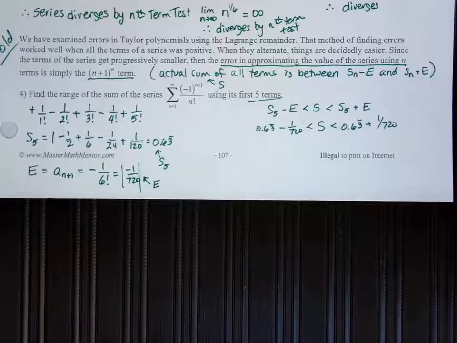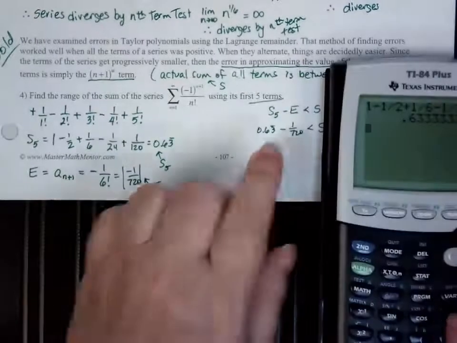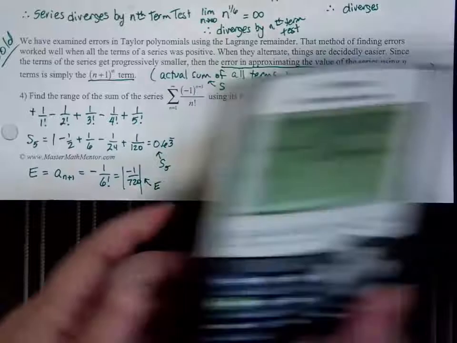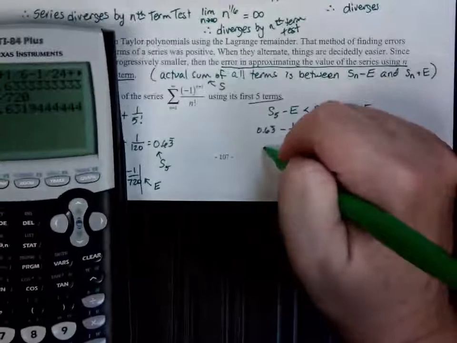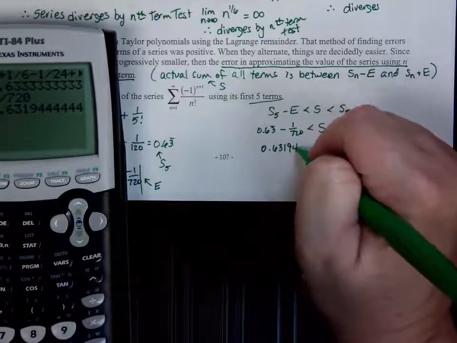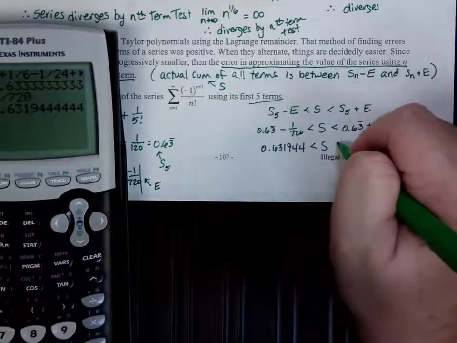Now we're going to use our calculator. Please put this, it's already in your calculator, right? So I want to do this minus 1 over 720 and copy that down. 6 decimal places is what they're asking for on this worksheet. 0.631944 is less than S, is less than,